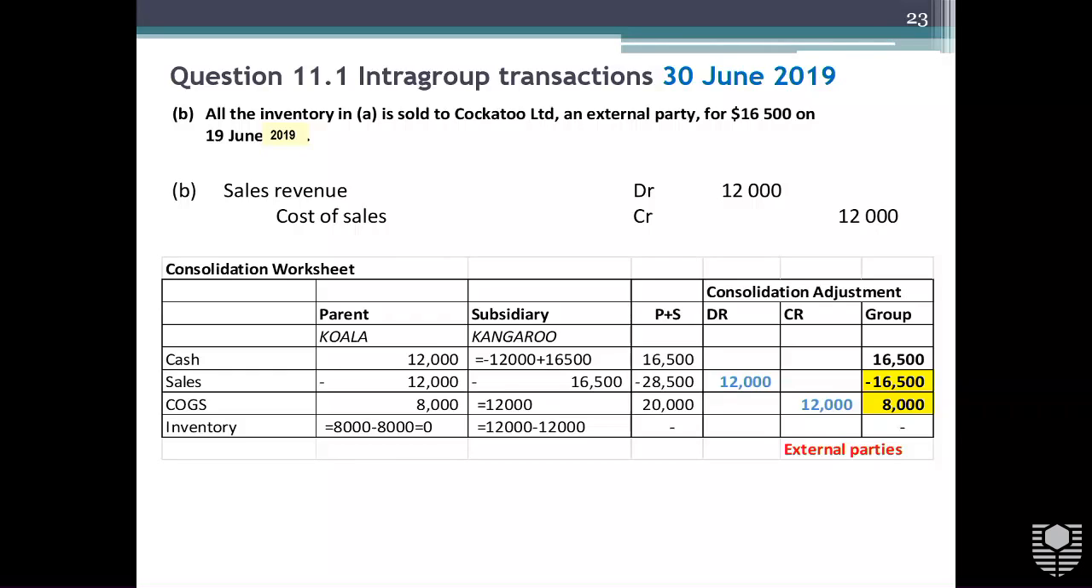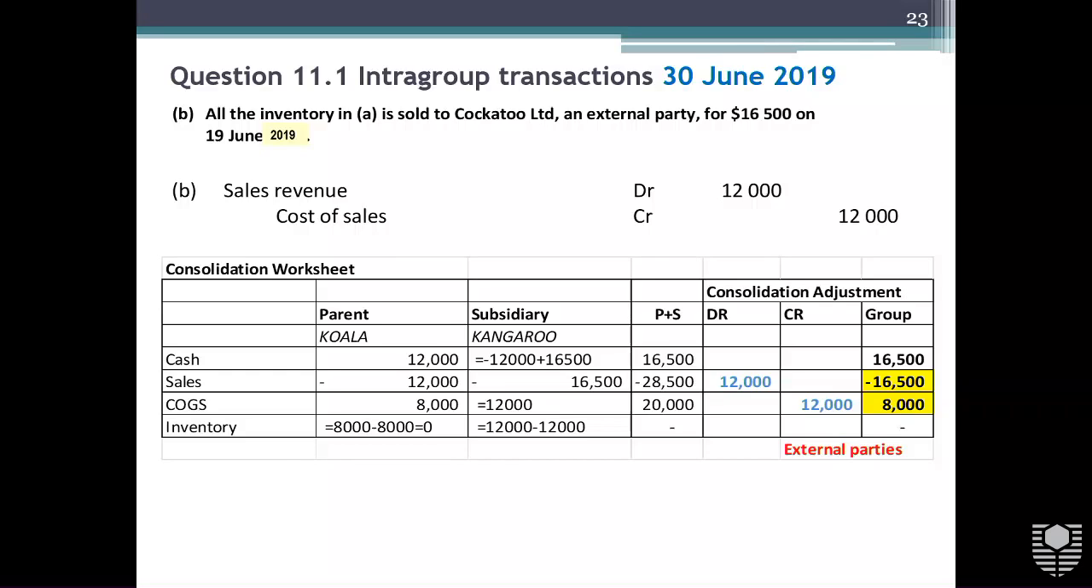So we've got sales, so that's a credit, not a minus. Right, so it's a credit of 28, but we need it to be 16,500 because that's what we sold. That's what our sale was. So we're going to have to reduce our sales, so we're going to debit it by 12,000, and our cost